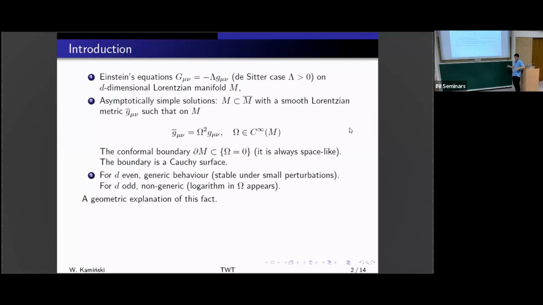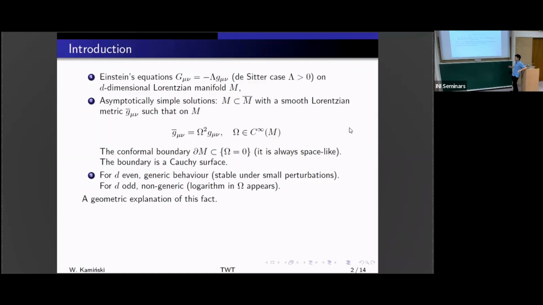I think Penrose was the person who described or discovered them. But we want the assumption that this boundary is a Cauchy surface. Of course, this is a bit of an oversimplification. There might be several Cauchy surfaces, but let's assume that if we take part of that, it will be a Cauchy surface.